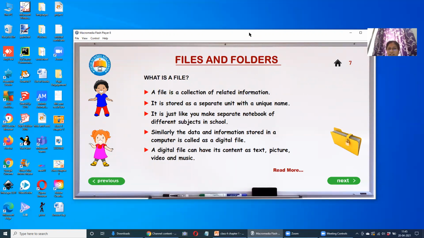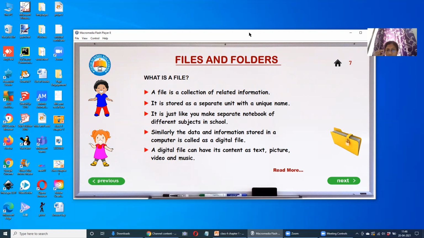Do you write Hindi in English? Do you write Kannada in English? Do you write maths in English? No, right? So you don't mix up the information. Otherwise, it will become very difficult for us to search the information. The same way it happens in the computer also. Whenever we are storing any information in a file, we make sure that the file in which we are writing the information has information of the related file only, correct?